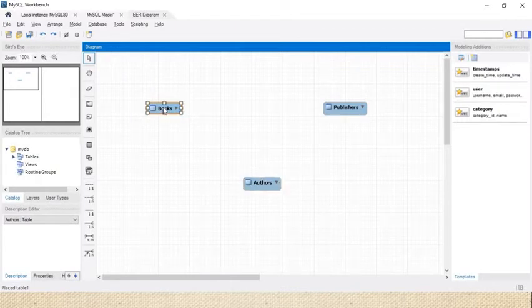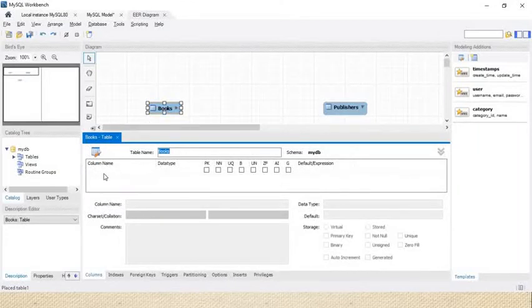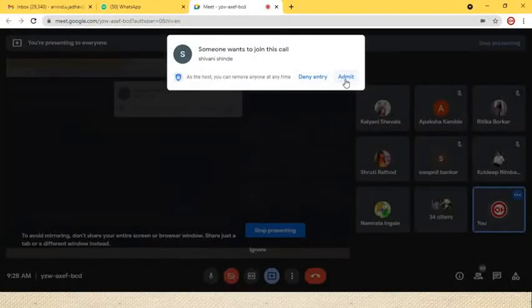Click on the books, and the table will open. In that section, these are the columns, these are the data types, and these are the primary key, not null, unique, binary, and so on; all the information is given. When you click on that, you see generated column, automatic incremental, unsigned data type, binary column, unique index, not null, and primary key. So all the additional options are available, don't worry about that.